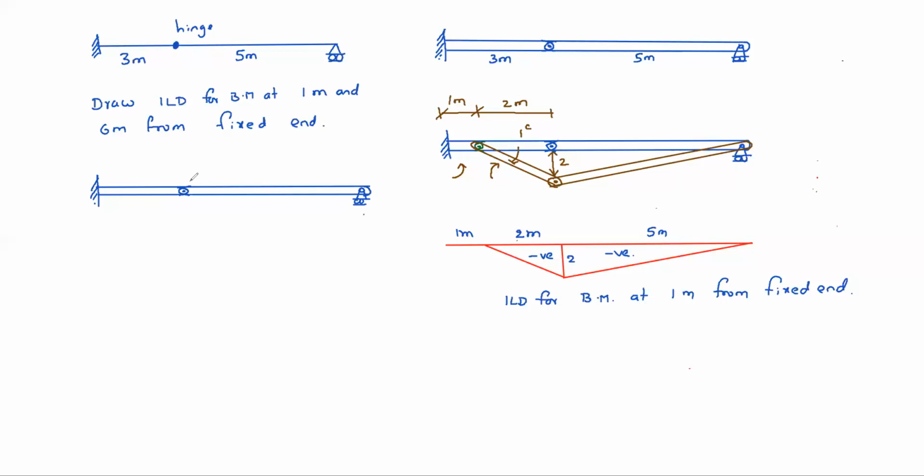Now form a hinge at 6 meters from left end. That means from right, total 8 meters, from right end it is 2 meters. Okay. Make hinge here, 2 meters from right side or from left side like this. Okay. After that, try to rotate it by left side anti-clockwise, right side clockwise. So left side anti-clockwise, right side clockwise. As hinge is there at left, obviously it takes this shape.